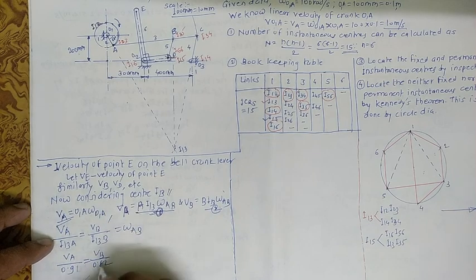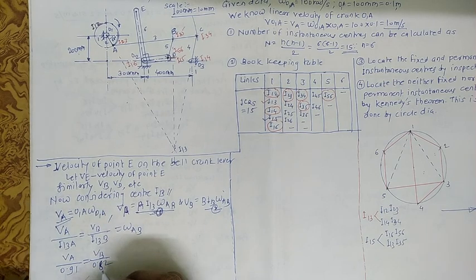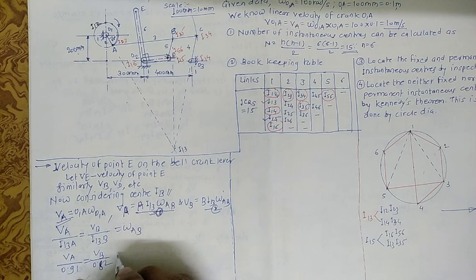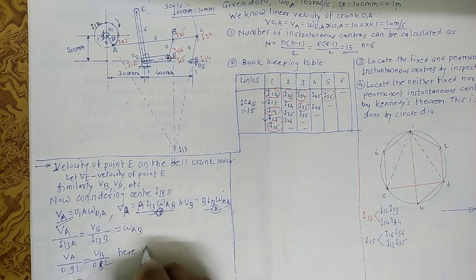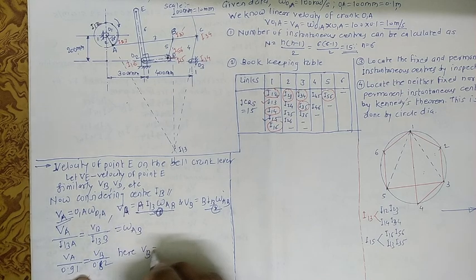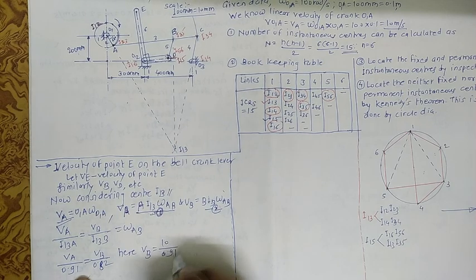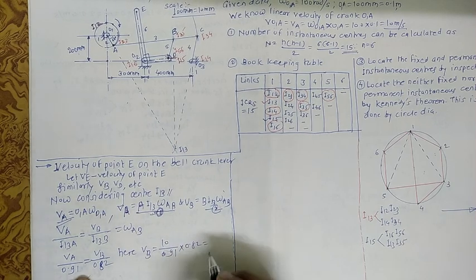Okay, so this distance written here is after conversion. Here, VA we know, so get the value for VB. VB equals 10 divided by 0.91 multiplied by 0.82. So after calculation,